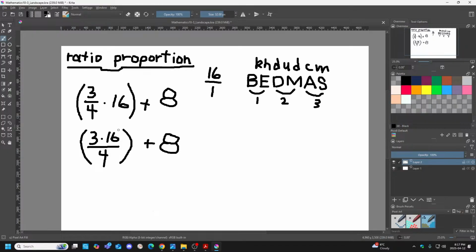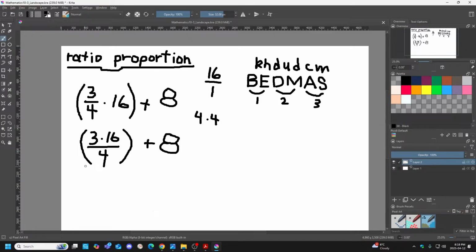Alright, so always get the stuff in brackets first. We could actually, to save some time, reduce this. Remember how I was talking about factoring? I'm kind of skipping a step. It doesn't really matter. For the most part, guys, you usually have to reduce a fraction anyways. So you could do what's called factoring. You can pull as much meat out of the bone as possible. So you know that 4 goes into 16. 4 times 4 is 16.